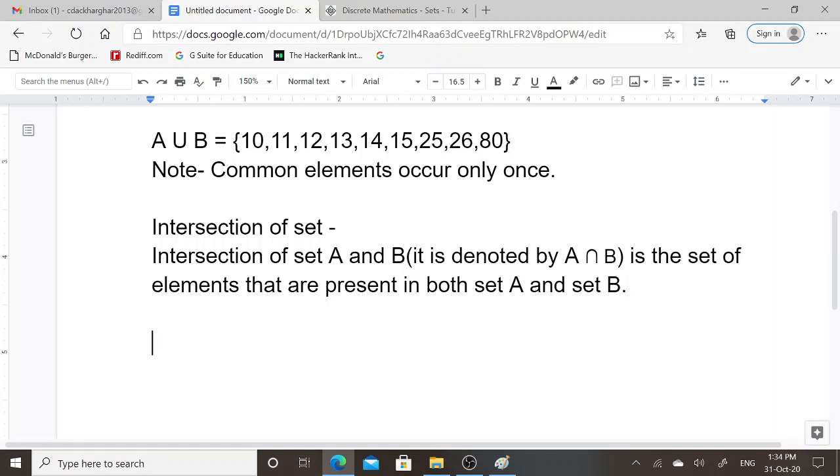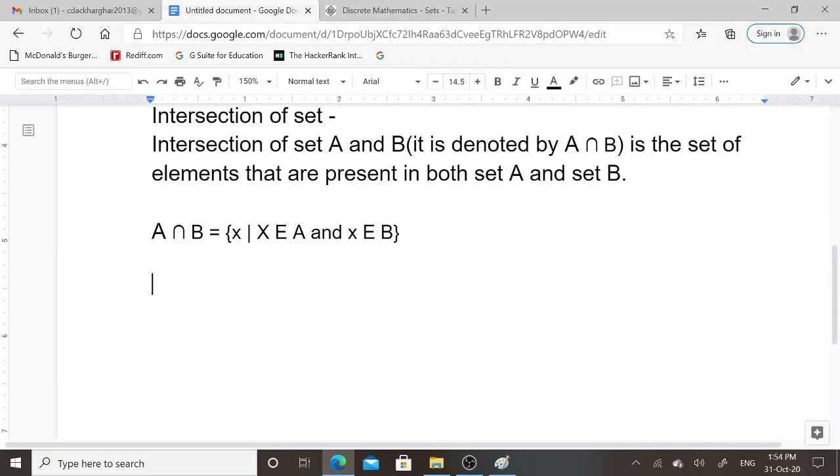In set builder notation form, it is denoted as A intersection B equal to X, such that X belongs to set A and X belongs to set B.